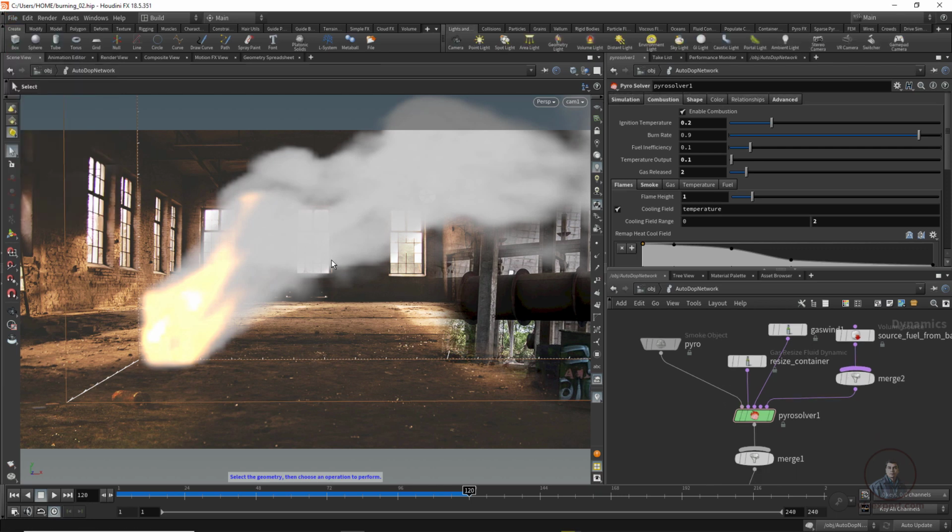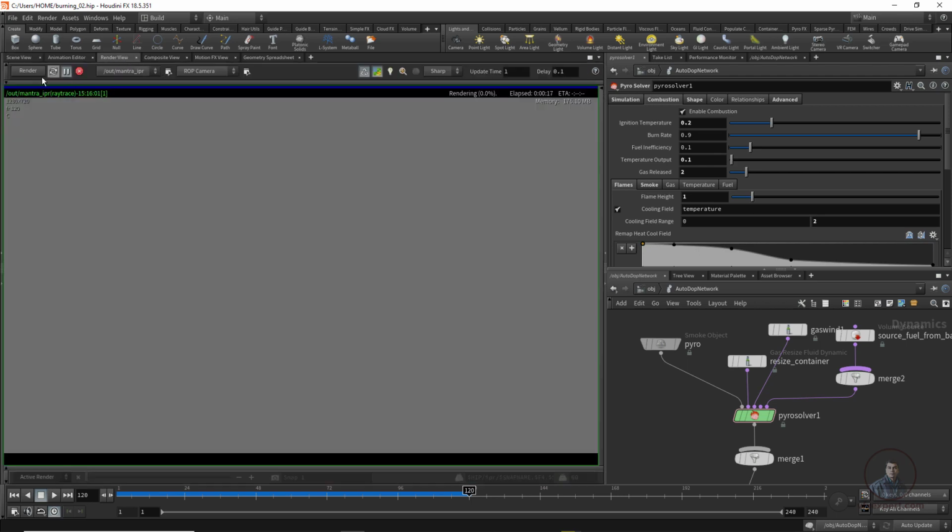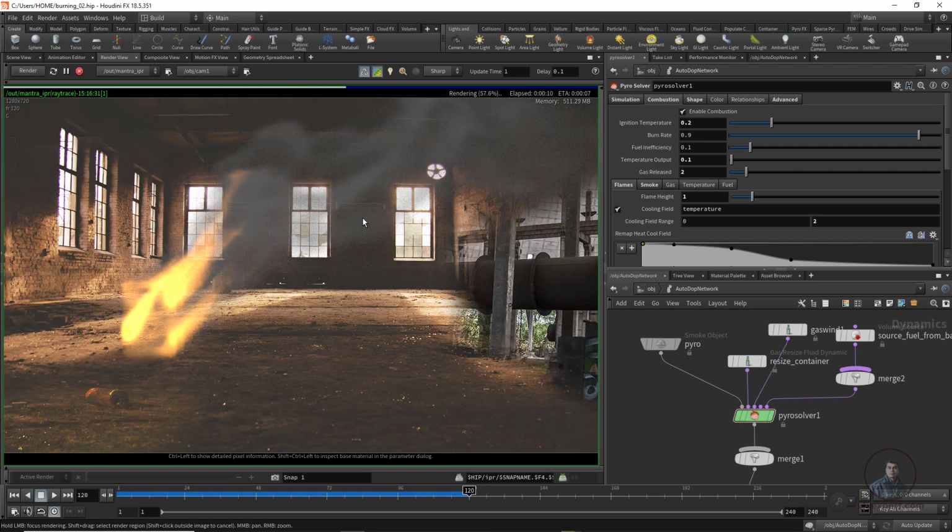So now I am going to test our render here, then click on render view. Okay, so before clicking on render, first select your camera here. Simply click and select object cam, then click on render here. So now we can see this is our render here. Let's stop it here.